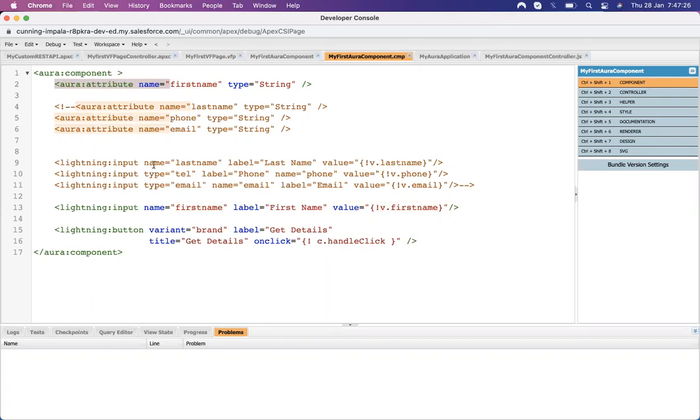If we don't have line 2, then we can't capture the first name that the user entered, because it's bound up here. Let's make it attr first name. Then I need to use this attr up here.